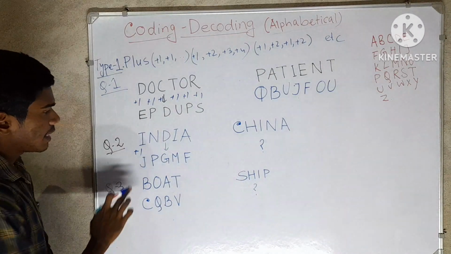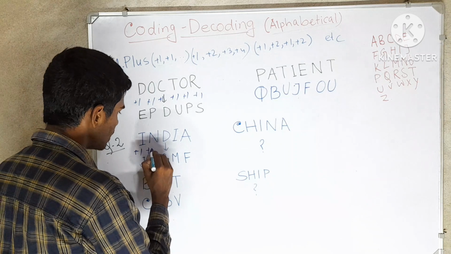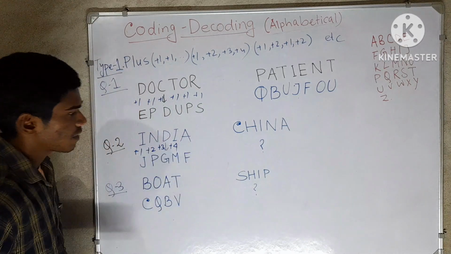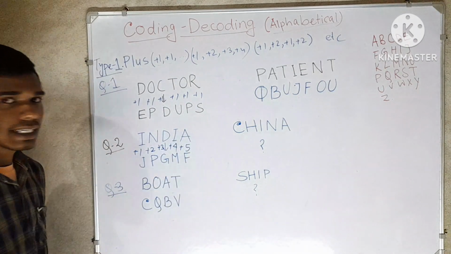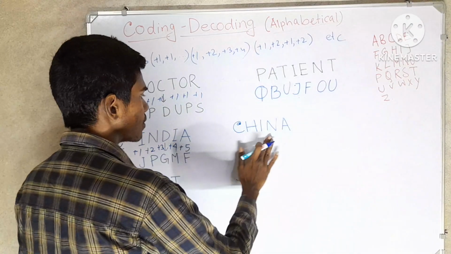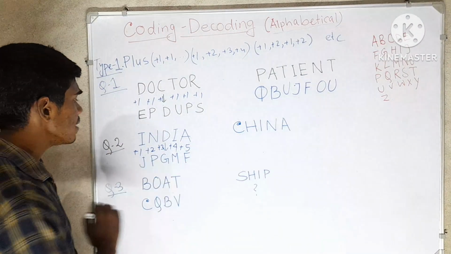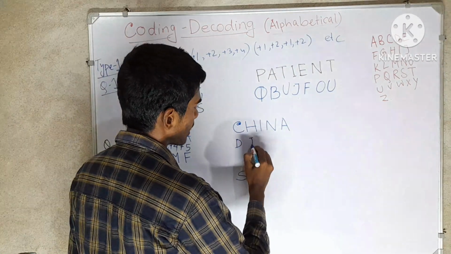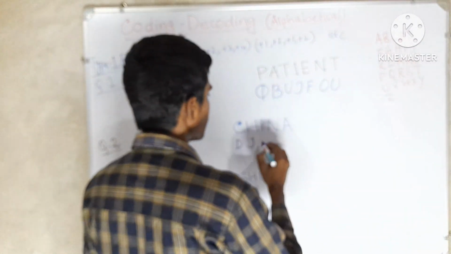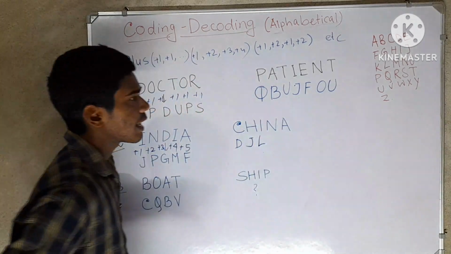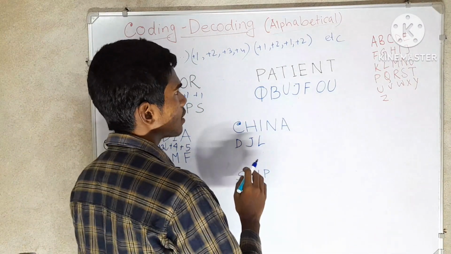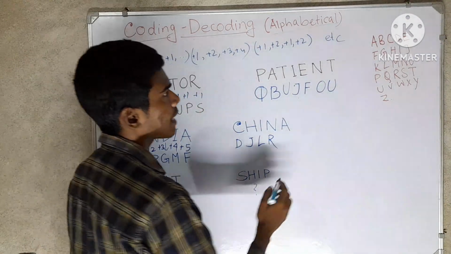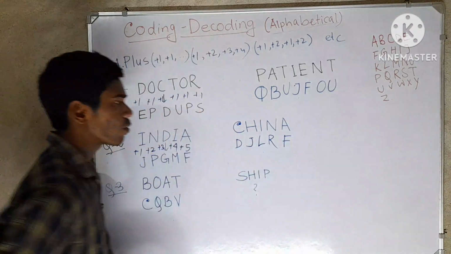I + 1 is J, N + 2 is P, D + 3 is G, I + 4 is M, and A + 5 is F. Similarly, the code for China will be C + 1, that means D, H + 2 is J, I + 3 is L, N + 4 is R, and A + 5 is F. The code for China will be